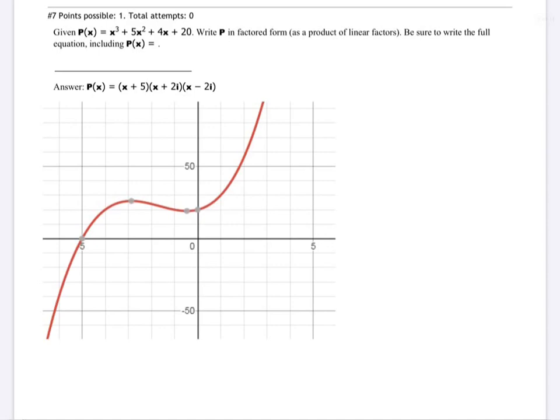Okay, so number 7. Looking here at number 7. They want us in the end to, it's basically